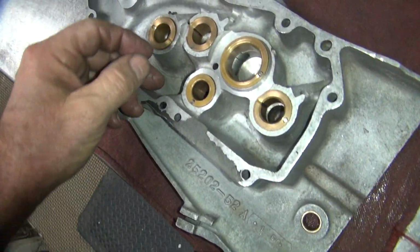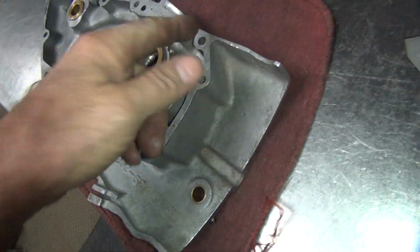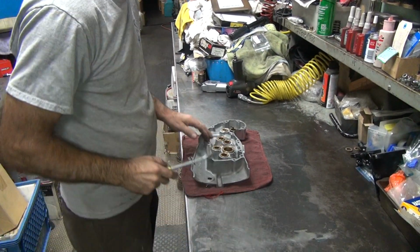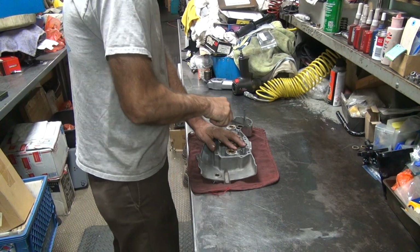Alright, got most everything all cleaned off here now. Rack's all cleared. So I'm doing some scraping in this cam cover. Get all this gasket material off of here. Obviously we're going to have to use a new gasket and reshim it and do all kinds of stuff. And I think we're going to be doing some bushing here too. I think that's what the customer said to do